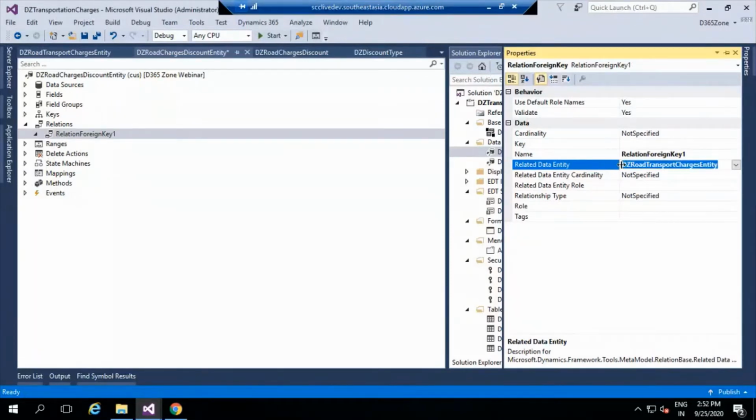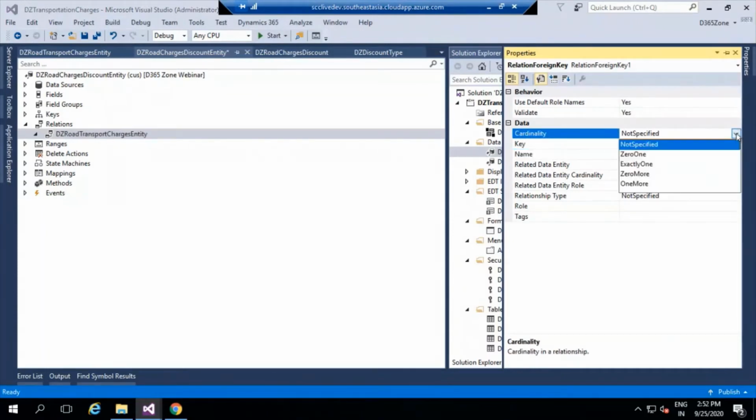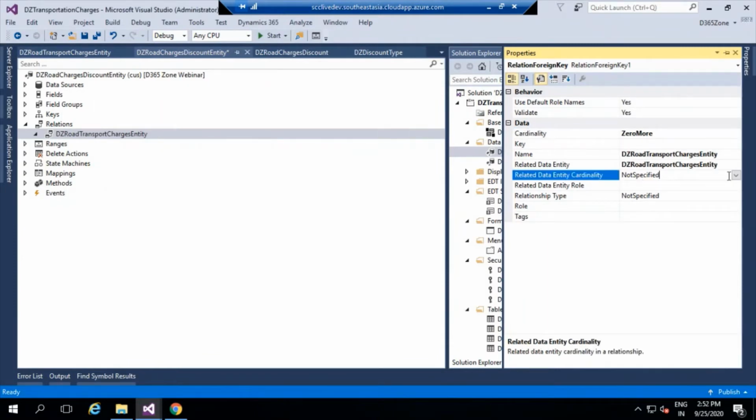So just to have an identity, I'm going to copy and paste the same name right here. And in the cardinality field, I'm going to select that it may contain data, or it may contain more data as well, because discounts can be many, right? They can give three discounts, general, special, seasonal. That is a maximum, and they may not give any, or they may give one. So I can select zero or more in the cardinality. But in the related table, my data will be exactly one.